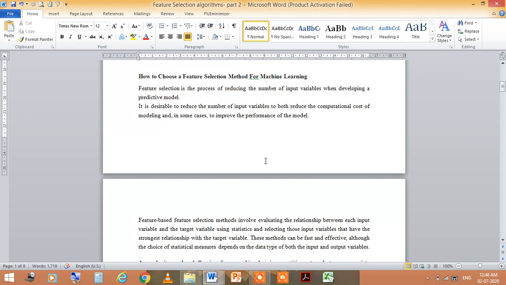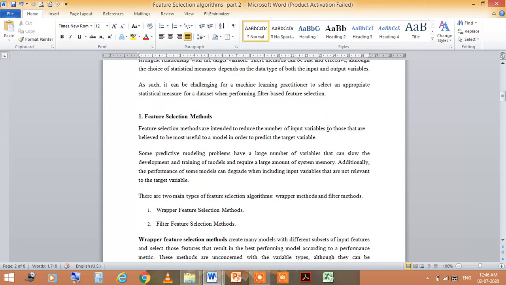So these methods can be fast and effective, although the choice of statistical measures depends on the data types of both the input and output variables. Feature selection is of course challenging for machine learning practitioners, because they must select an appropriate statistical method for a data set when performing filter based feature selection.